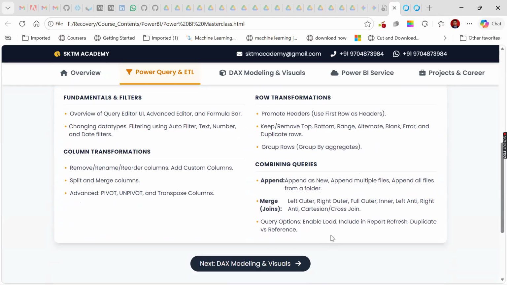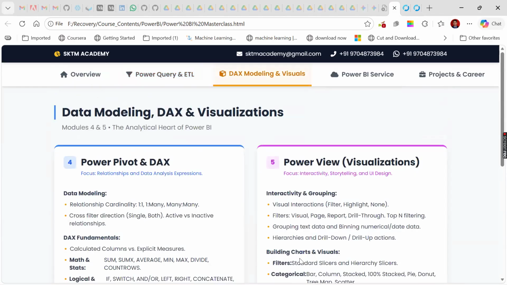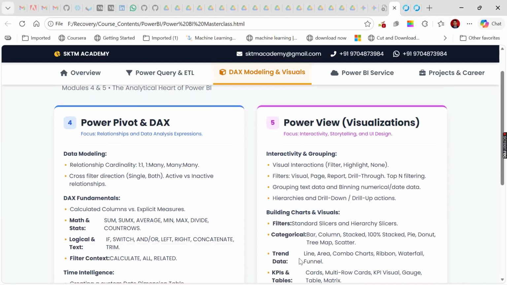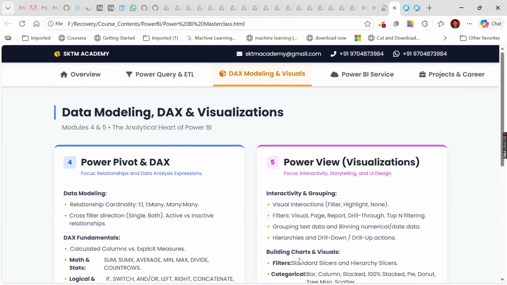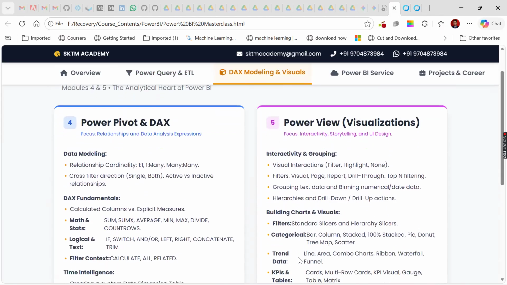And once you finish that, then we'll jump into the DAX language, because Power Pivot and DAX are very important for any Power BI dashboard developer, because we are going to perform so many calculations. So Power Pivot and DAX will help you generate these formulas using different calculated columns, measure columns, and there are some functions which we can use as part of this DAX language.